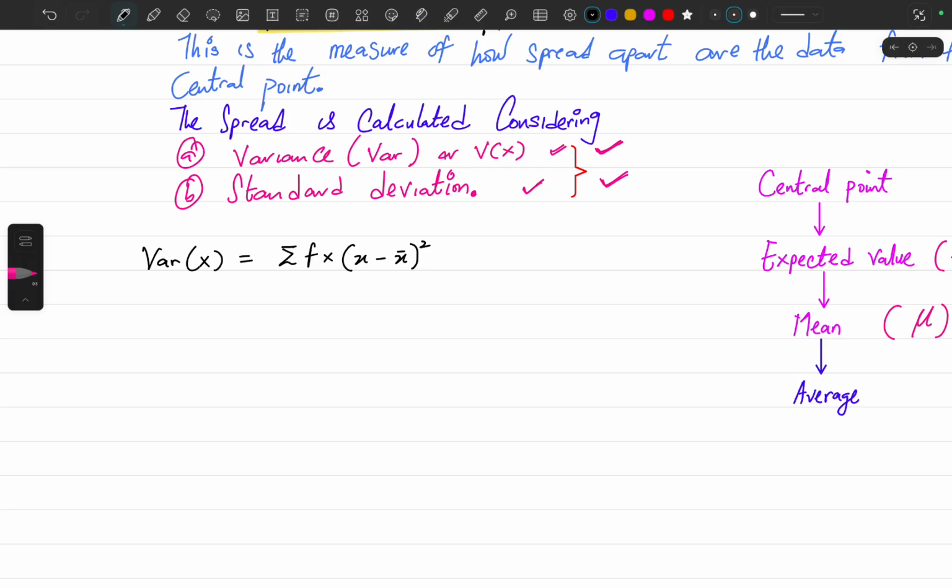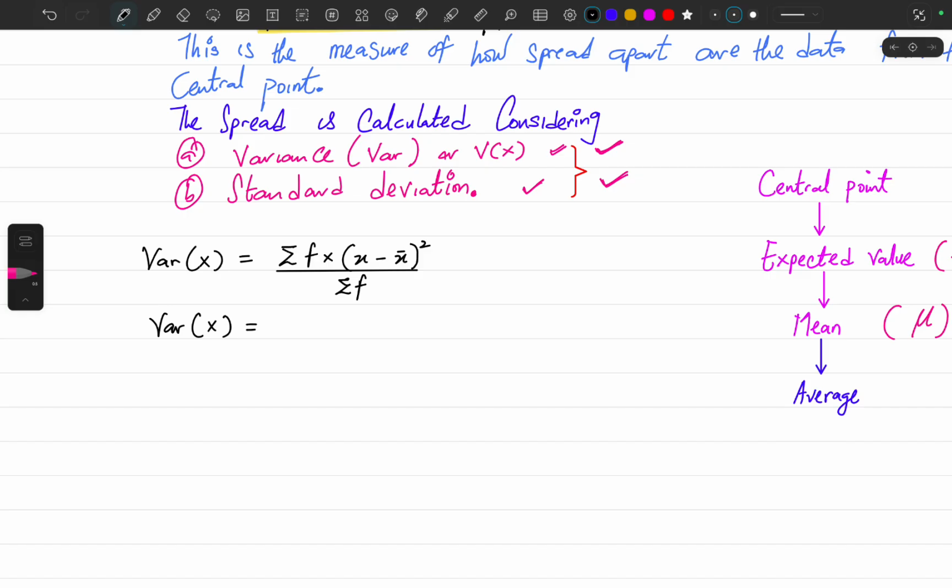Because if I didn't square it, my frequency multiplied by 0 is going to be 0. So that is the reason why I'm squaring the deviation, so that it is not 0, if you watched the previous video. And then we are dividing by summation f. Okay, this is good. Now I'm going to turn this around to say the variance of x